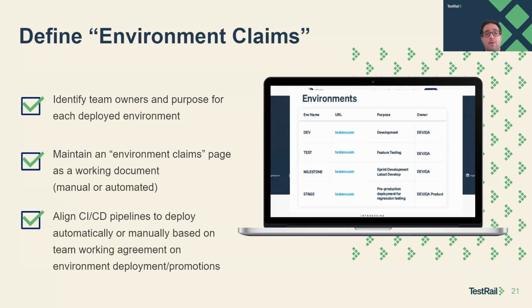So the idea here is we maintain this idea of an environment claims page so we know what tests we're running against a deployed, configured environment that should mimic or be very close, if not identical, minus maybe data, to production, to ensure high quality, right? One of the classic examples, hey, I'll deploy and I ran my automation, my build pipeline ran against the test